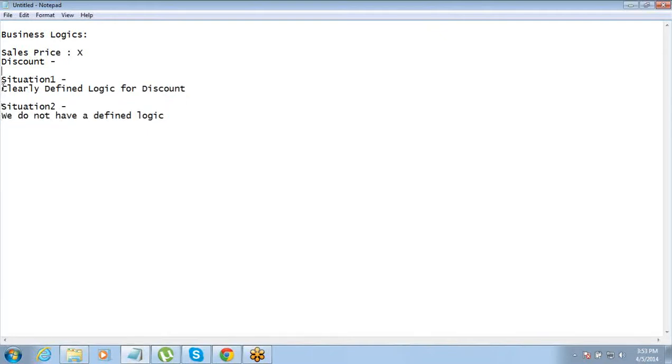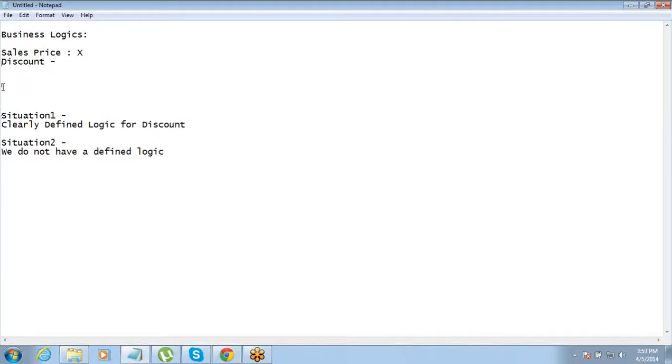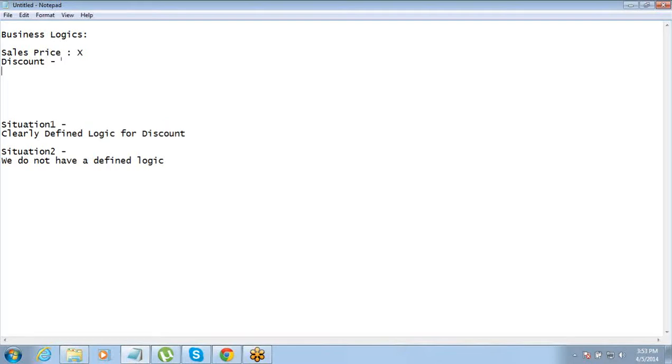For example, if you have a clearly defined logic that the discount is always going to be 10% of the price, always, then you can straight away put discount equals 10% of sales price, right? And this can be calculated through a formula every time.